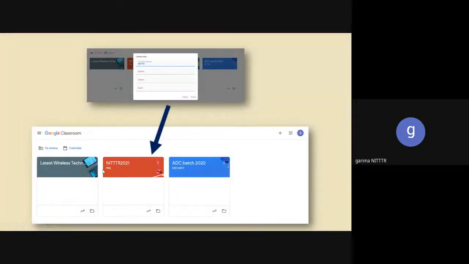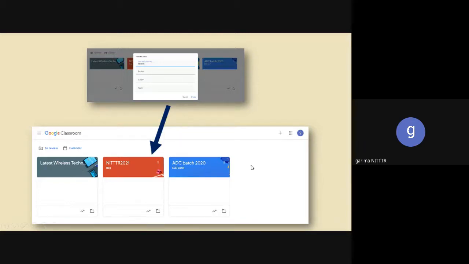Similarly, ADC Batch 2020 for EC Semester 1. This is the Google Classroom for latest wireless technology, which we did in April. So we have different classes available in our Google Classroom, and as and when we create them, they get added to this page.